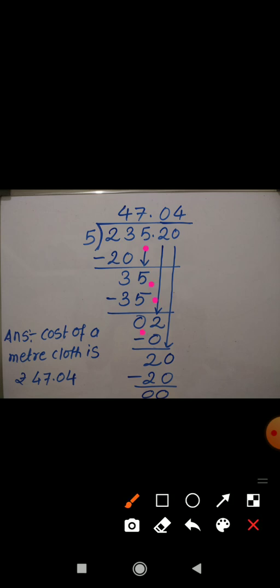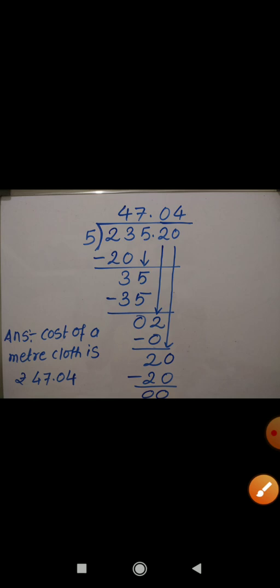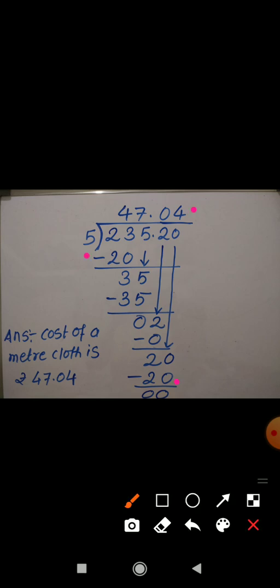Then you can see after the digit 5 there is a decimal point in the dividend. So exactly above this decimal point you need to put a decimal point in the quotient as well. Then the digit 2 will come down. Now how many times does 5 go into 2? 0 times. So here I have written 0 in the quotient and 2 minus 0 is equal to 2. Then the last digit, that is 0, will come down. So it is 20 now. And 20 divided by 5, what will you get? 4, right? 5 4s are 20 and 20 minus 20 is equal to 0.